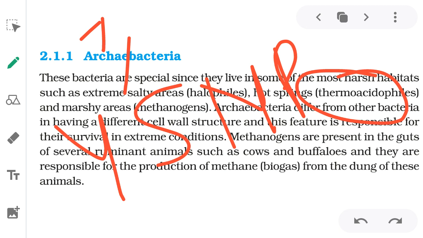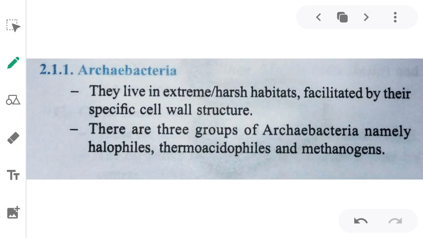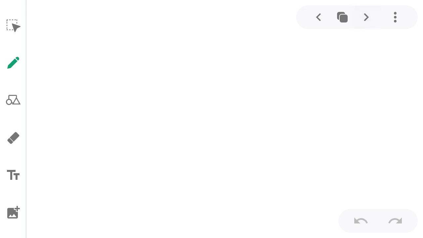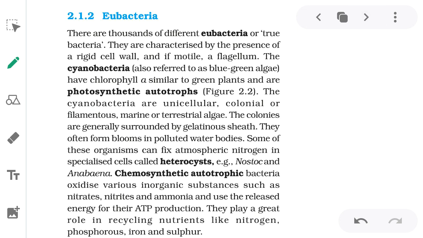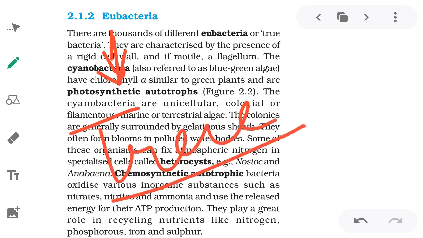So these were the archaebacteria. Now we are going further, this is a simple slide you can see here. Now next will be Eubacteria, and Eubacteria means, whenever you find U which is adding with some word, U means true. U means true, that means actual, real, जो ट्रूली बैक्टीरिया हैं, वो हैं यू बैक्टीरिया, ट्रू बैक्टीरिया।